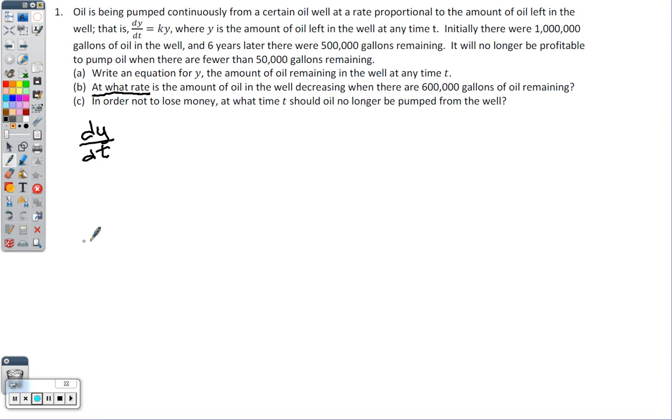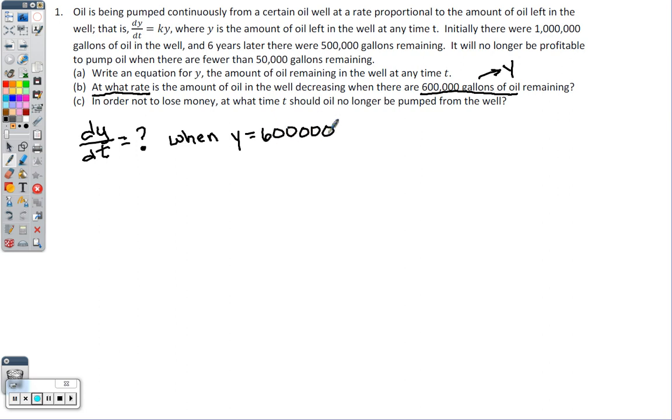Is the amount of oil in the well decreasing when there are 600 gallons of oil. So 600 gallons of oil, that's not T, that's actually Y. So dy dt equals blank when Y equals